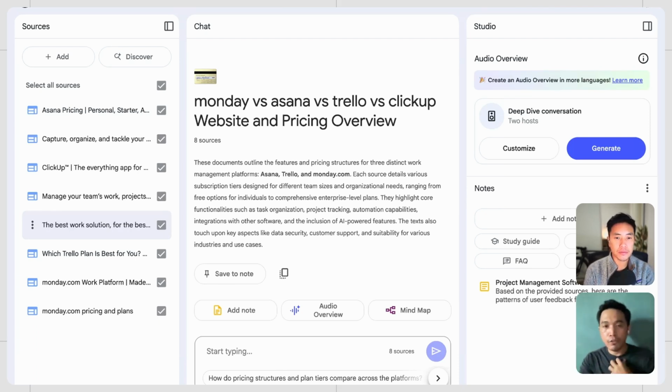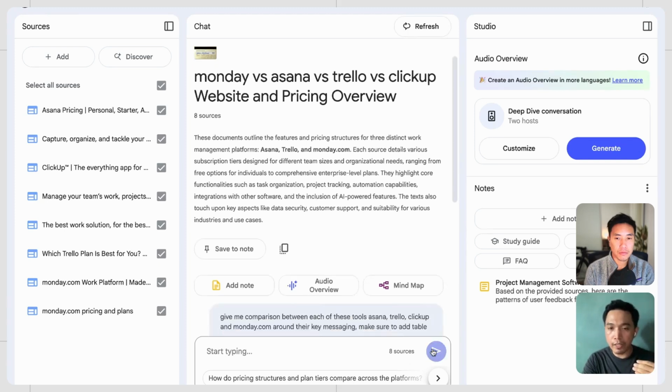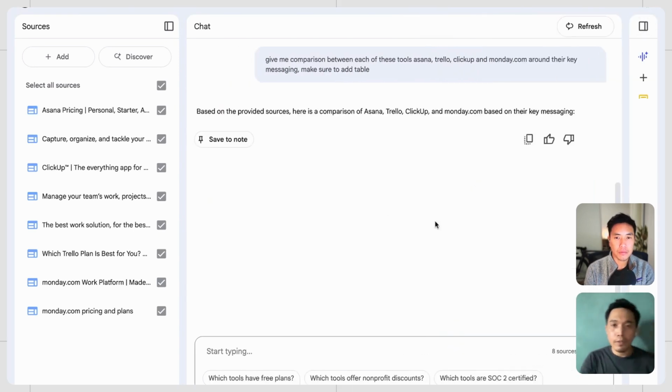So what we can do here is simply ask about their key messaging, to understand where they are, where we can improve, and what the pros and cons are for each. We can ask something simple like: give me a comparison between each of these tools, Asana, Trello, ClickUp, and Monday.com, around their key messaging, and add tables to make sure we can visualize it in a better way. Okay, so yes,